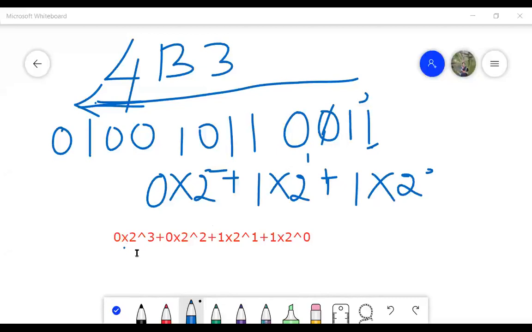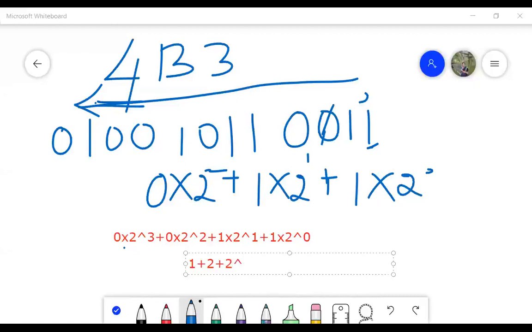Now after that what you have to do? You have to add it. So now how will you add it? I have not written the complete thing. You have to do the complete work. So now if you add it, this last term is what? 1 into 2 to the power of 0 will be equal to 1. So it is 1 plus this number will be equal to what? 1 into 2 to the power of 1, so this is equal to 2. Plus 2 to the power of 2 is not there, 2 to the power of 3 is not there. So plus 2 to the power of 4 is how much?